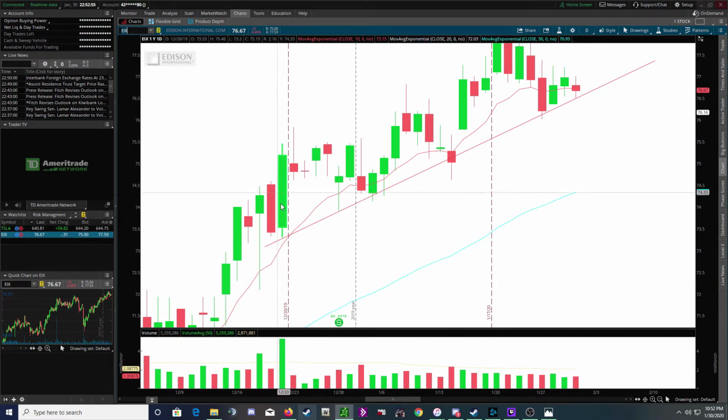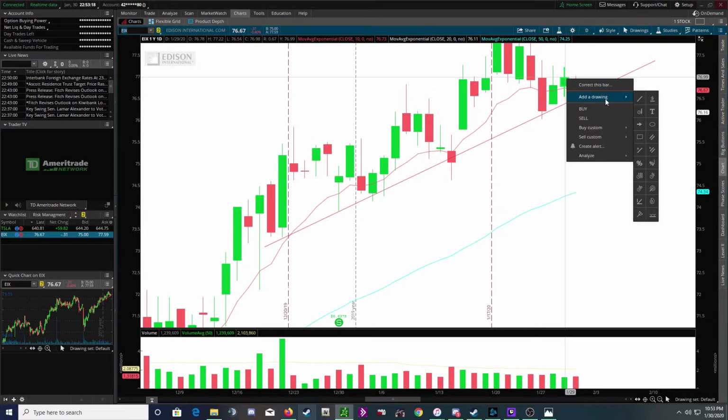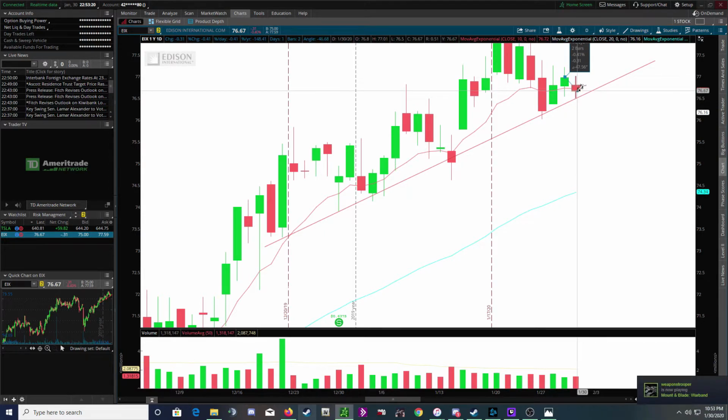So let's see here. We got 1, 2, 3, 4, 5. This would be the 5th bounce. As you see, it hit the trend line there, hit it there, had a little bit of an anomaly there, hit it there, and essentially hit it there. Now, just to put things into perspective, I called this trade out today, which is Thursday, the 30th of January. I got in it yesterday at the close, at the very top. This is a 31-cent move, a 0.41% move from yesterday. I'm only down 4%, which is very little